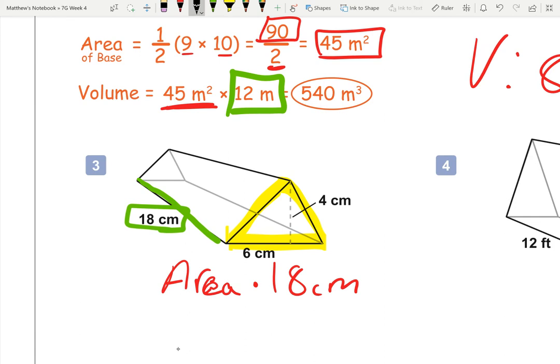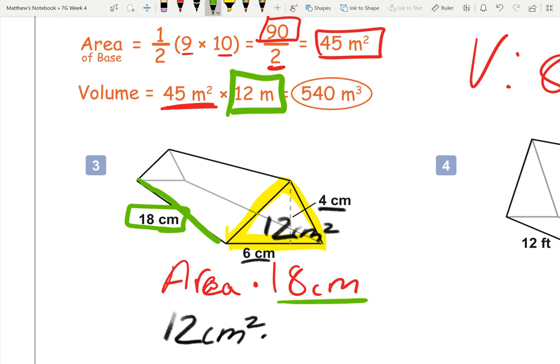All right, so hopefully you've had some time here. If you do 4 times 6, you're going to get 24. But wait, it's a triangle, so I have to divide it by 2. There I'm going to get 12 centimeters cubed. So I can put in for my area 12 centimeters cubed. And I'm going to multiply it by that length of 18 centimeters. So